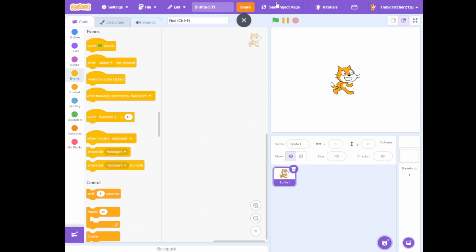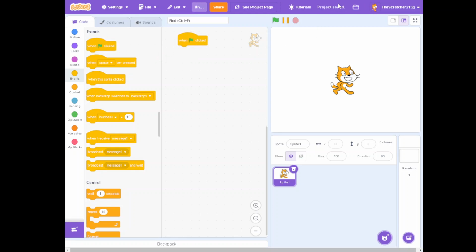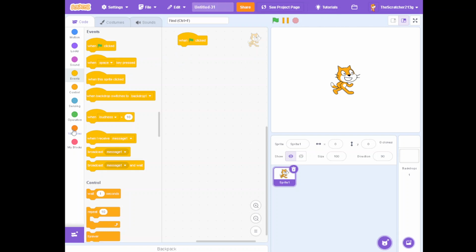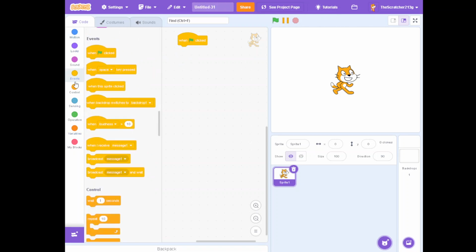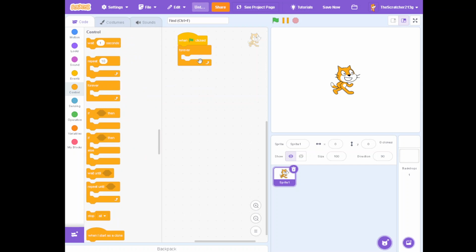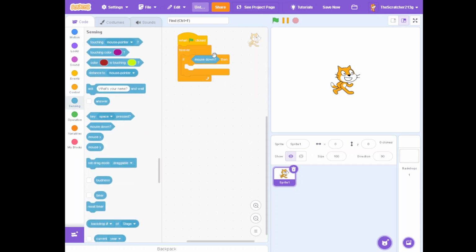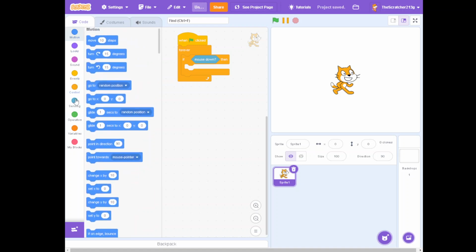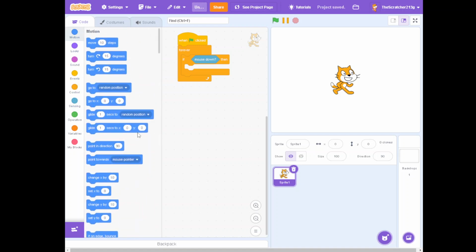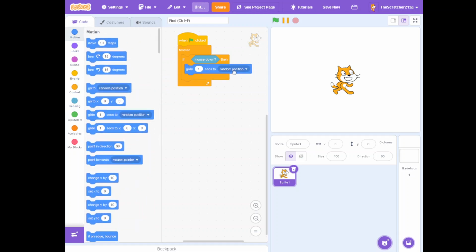So, what we're gonna do is we're gonna do one green flag, quick, forever. And forever if mouse down, what we're gonna do is we're just gonna glide to the mouse pointer. The only reason you're gliding is because